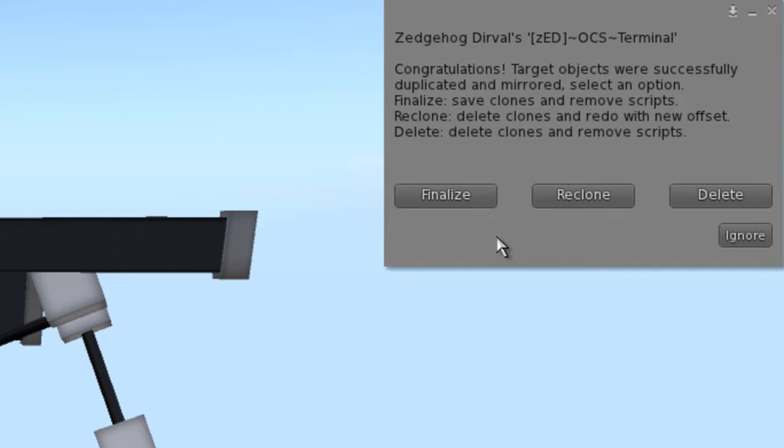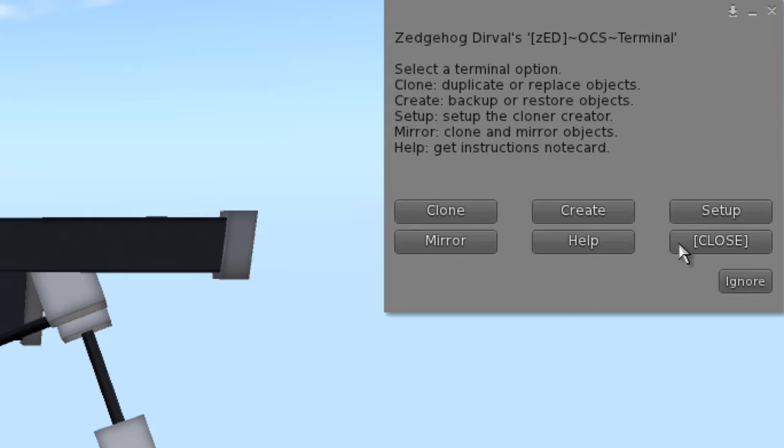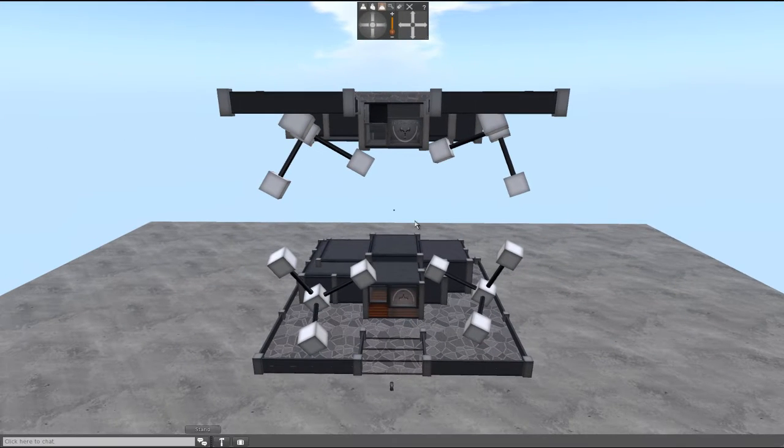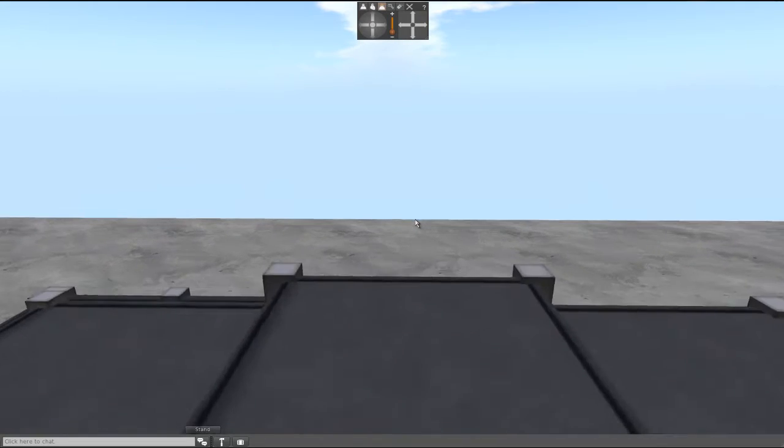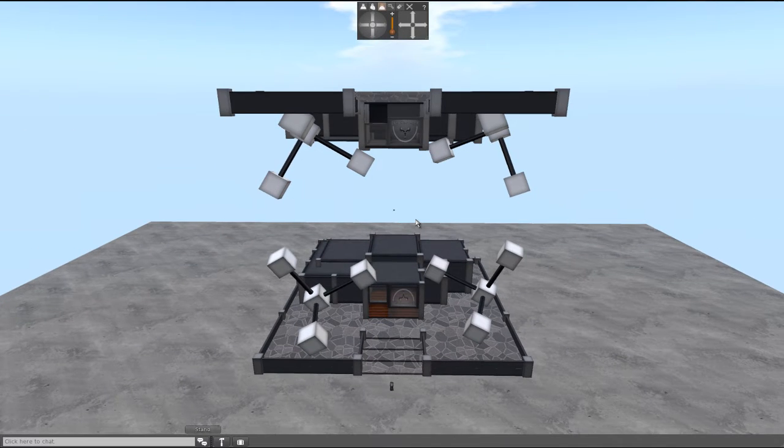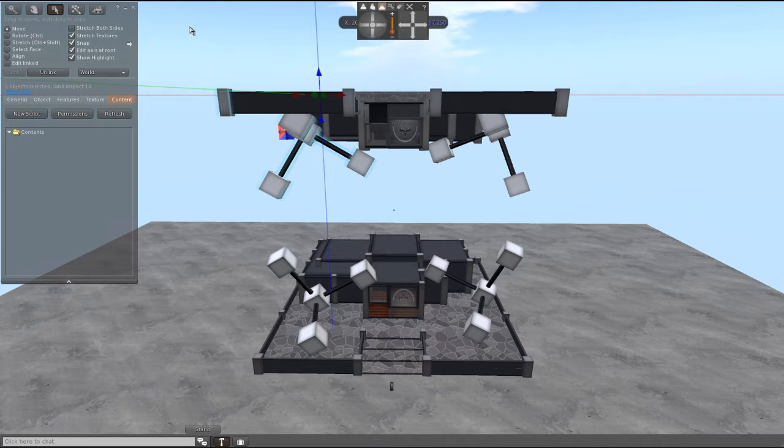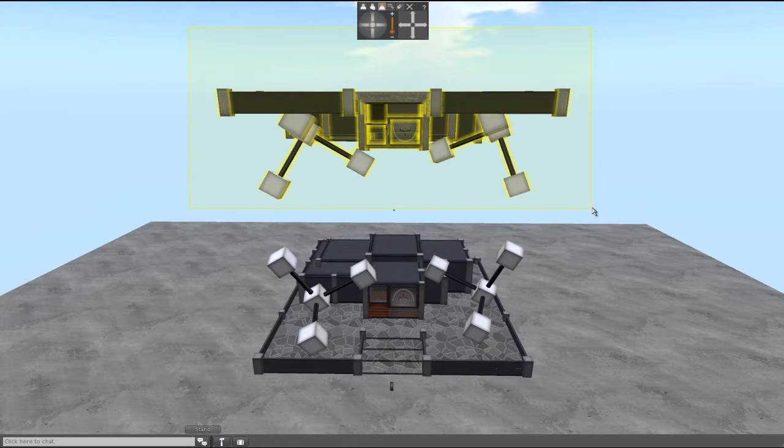In the case of reclone for this one, it allows me to reposition the mirror if I wanted to. Okay, or delete, to delete the clones and remove the target scripts, but I'm going to finalize that. Okay, and I'm just going to close that out, and you'll see the mirror gets removed, but the marker stays. Alright, and I'm just going to select this building and turn it around